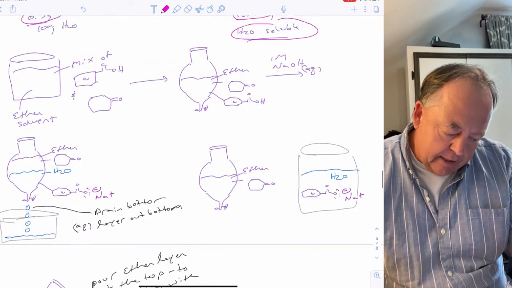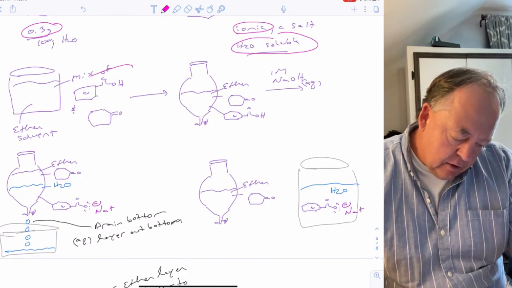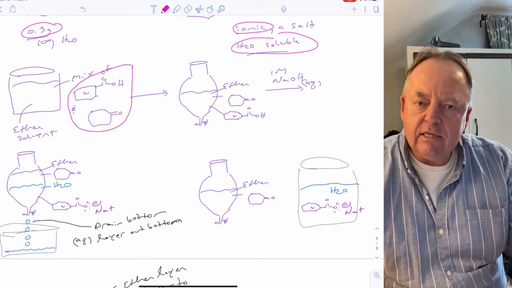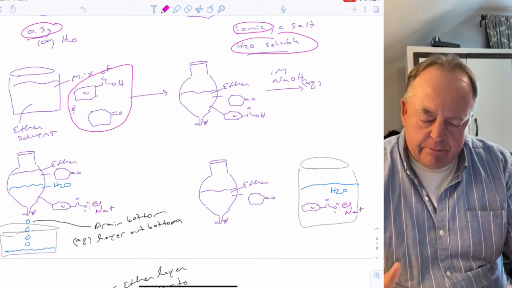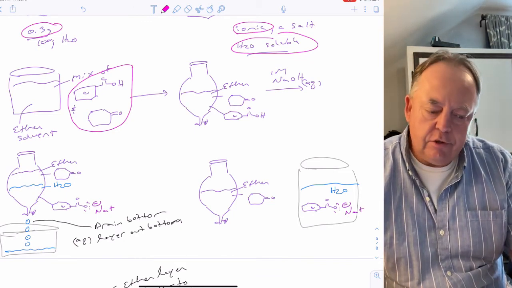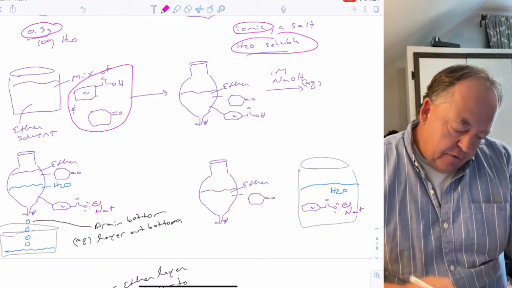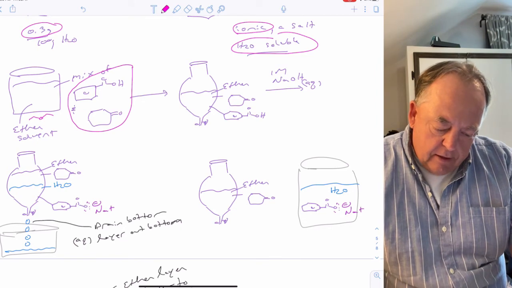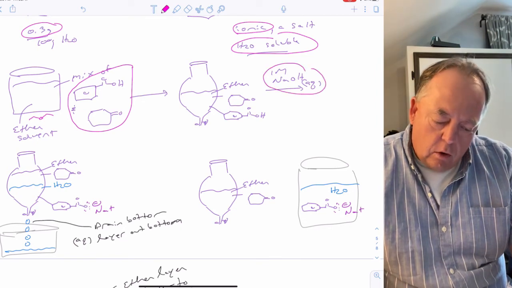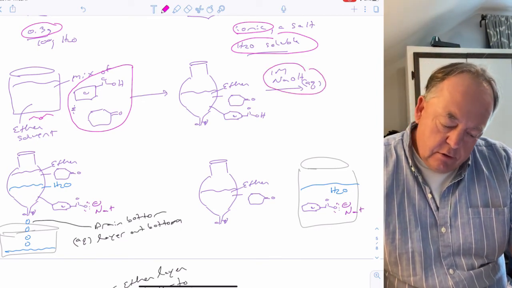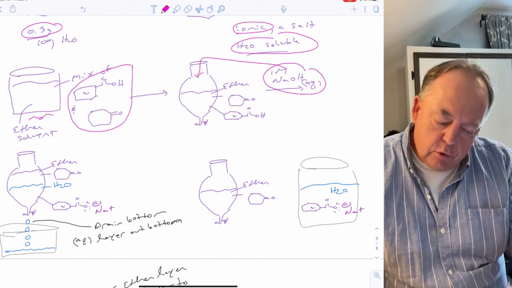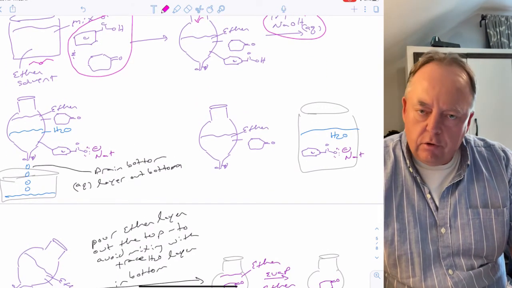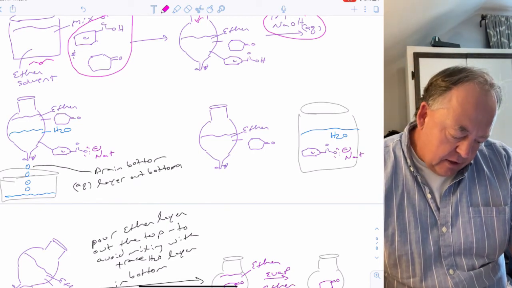So how could you use that in lab? Let's say you had a mixture of benzoic acid and cyclohexanone, and you wanted to separate them. Well, you can manipulate their solubility properties in order to do that. So if you took these and dissolved them in diethyl ether, and then you added some 1 molar aqueous sodium hydroxide to the separatory funnel, then now you have 2 layers because ether and water don't mix, but the